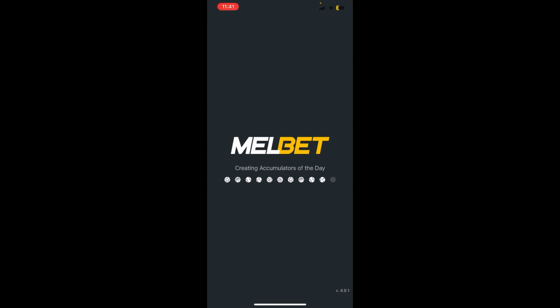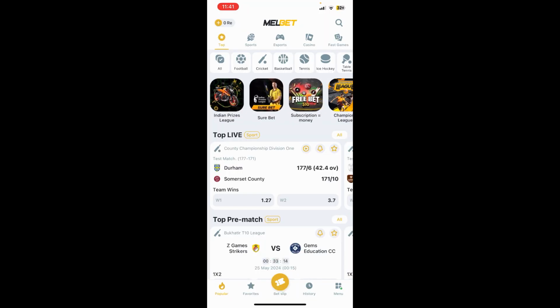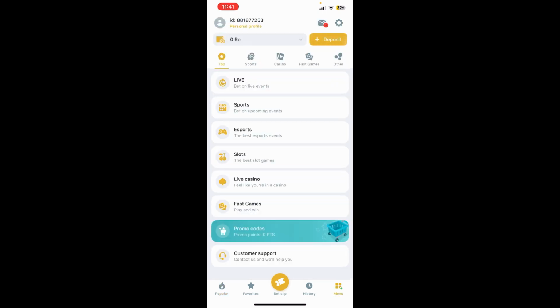First things first, I assume that you already have an account in Melbet and are already logged in. Right after that, you'll be able to see the interface of the Melbet app on the screen, where you can see the menu option at the bottom right corner. Just click over there and you'll be redirected to another section where you can see the settings option at